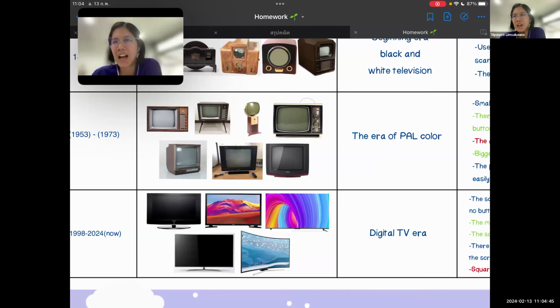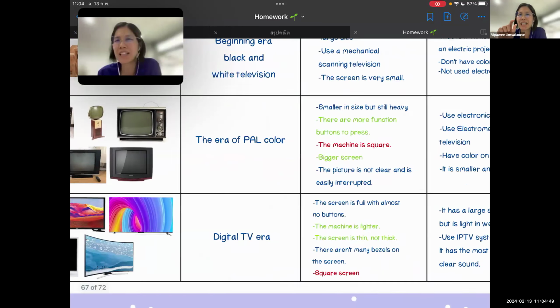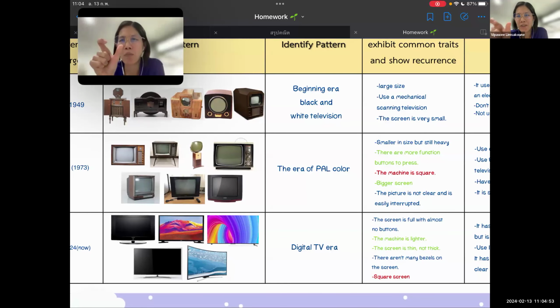Okay. Actually, for that column, it is to compare only its own pattern. For example, compare within pattern 2, what are the changes? But it's okay. I think that's fine. Okay. Next is going to be